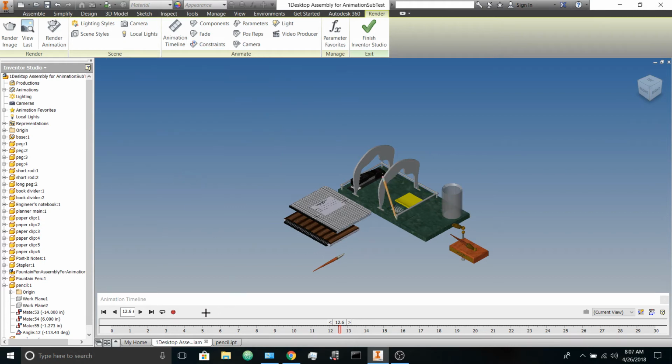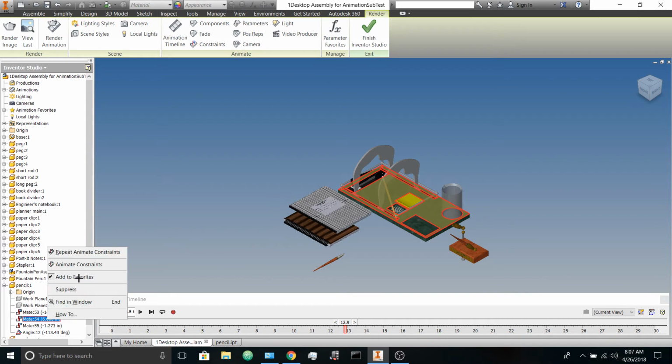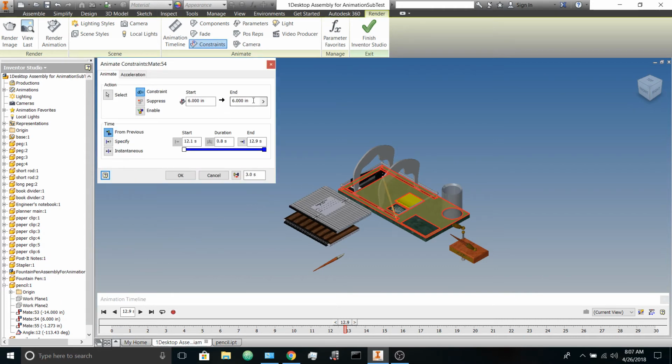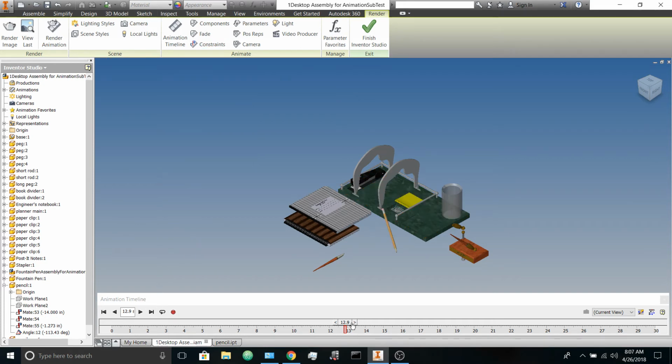Hit OK. We'll have to tidy up the timeline. Okay, need to have it go back down, which is that first constraint that we animated. Animate constraint. Let's have it go back down to like 0 maybe. Hit OK. And so it goes up towards the front, back down, and we need to flatten it out, so